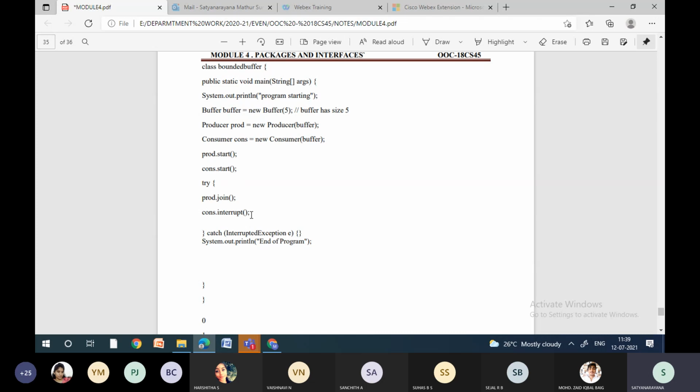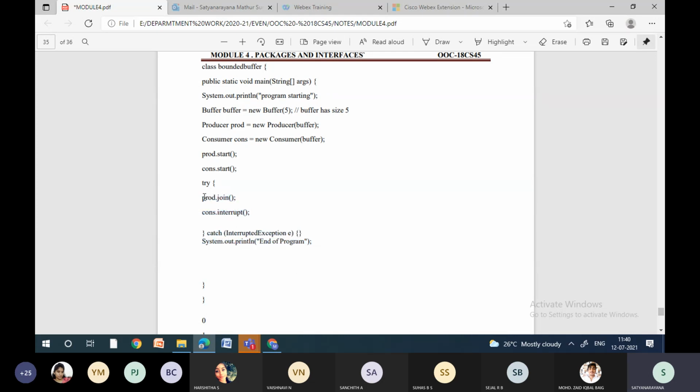Why will you get interruptions? Because they are working independent of each other. There is no relation between this producer and consumer, so surely you will get the interrupt. Sometimes the producer has not produced, still the consumer is trying to consume it, or the consumer consumed it and the producer feels that the consumer is still consuming, so let me wait. That is the reason we are writing one separate catch block here.